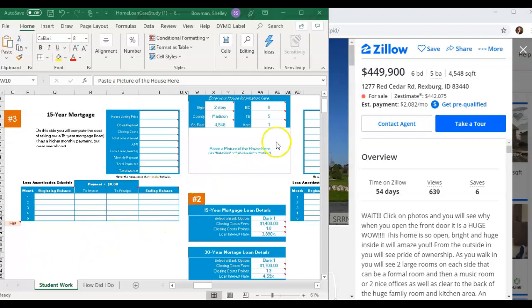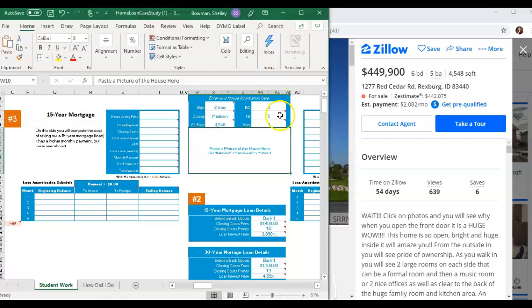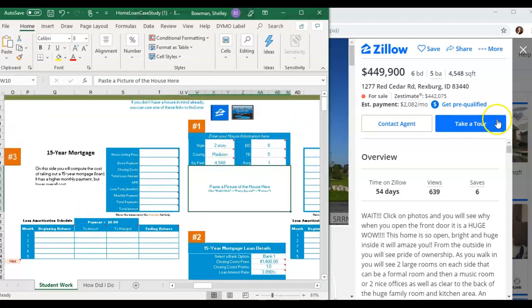So I just picked someplace in Rexburg and I just found a house. There's nothing in particular. I was just doing this to help with the tutorial. So the first thing I did was fill in my house information here. Should be listed on your website. Give us a style, the county. If it's not in Idaho, give us kind of a location, square footage, how many bedrooms, how many bathrooms, and